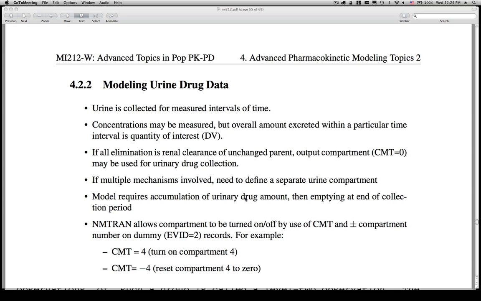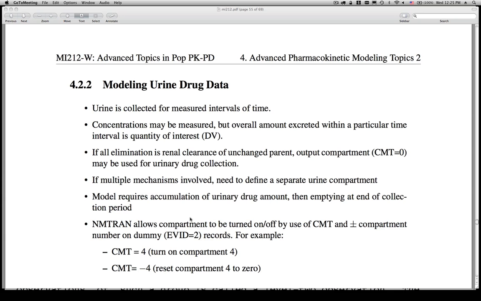Now, we can't model this as just a compartmental observation because it's an accumulation over time. So what we have to do is structure the urinary data as if it's an integrated amount over time. And so the way we'll do that is we'll collect the urinary amount and allow it to build up until that urinary collection period is over. And then we'll make that the dependent variable, the total amount collected in an interval, and compare that